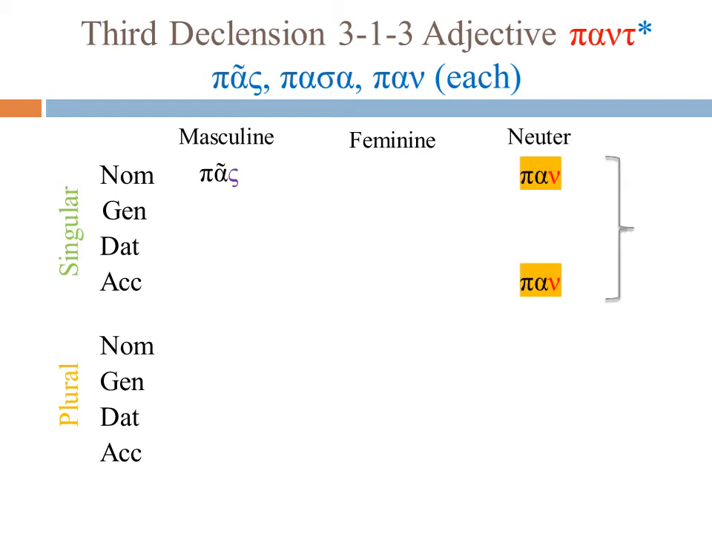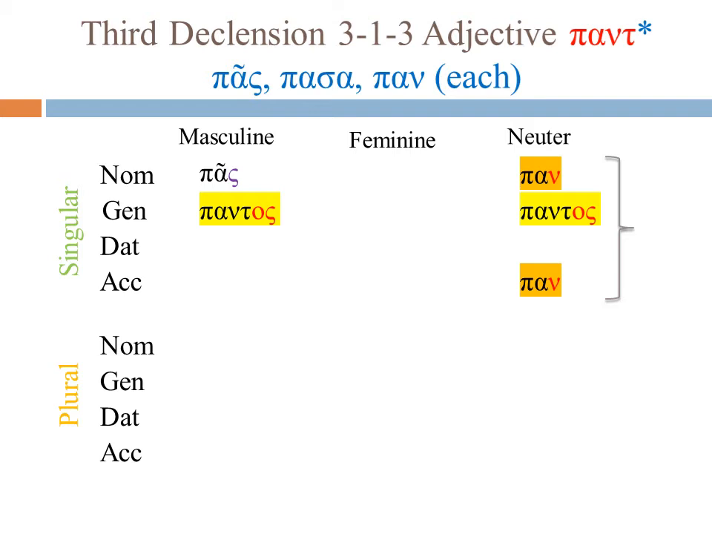And the neuter, one of the rules of Greek is that a tau can never be at the end of a word. So the tau falls off. There's nothing to add on a neuter, so we get pan. And we know that in the neuter, the nominative and the accusative are always the same, so we're going to get pan, pan. The genitive,